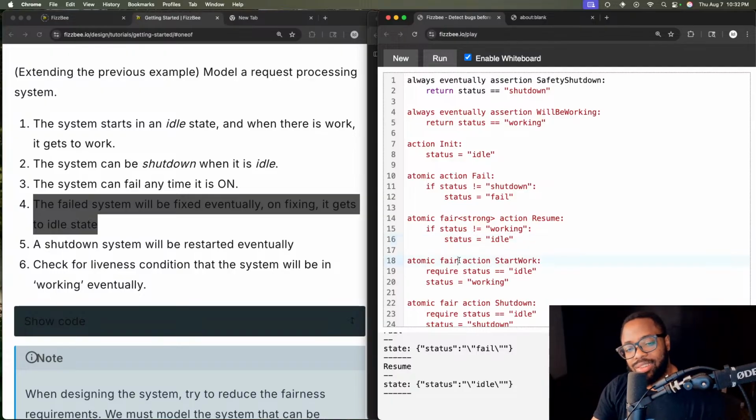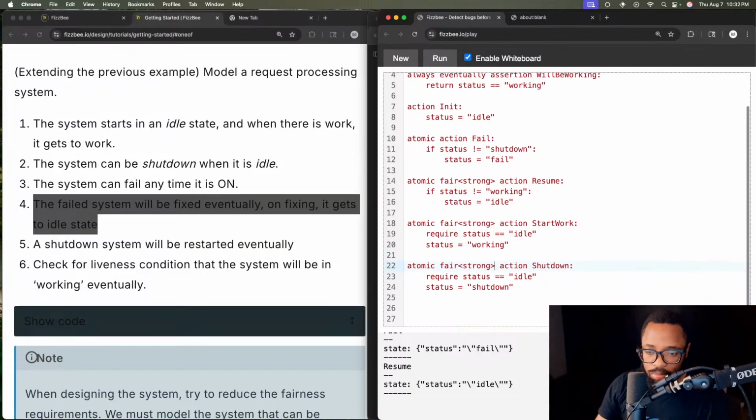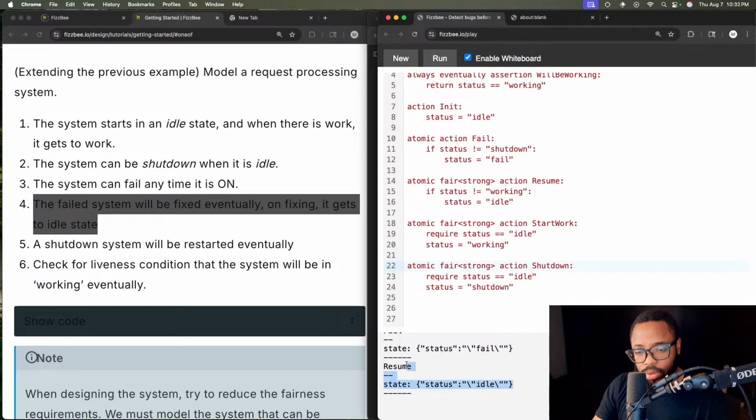Here's the thing. In my head is telling me, oh, just put fair strong everywhere and you'll be fine. And I feel like that still won't do it. Right. Well, actually, this particular run will not work because at least it will be solved for this particular run.